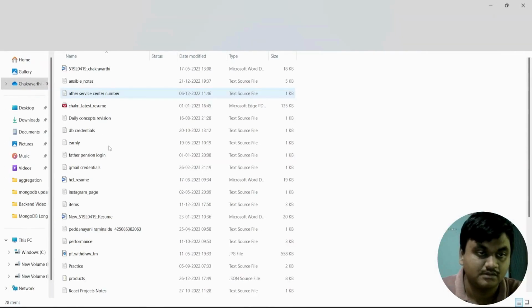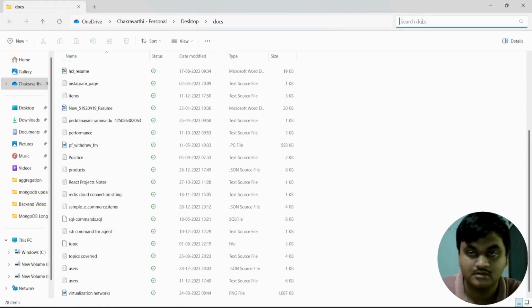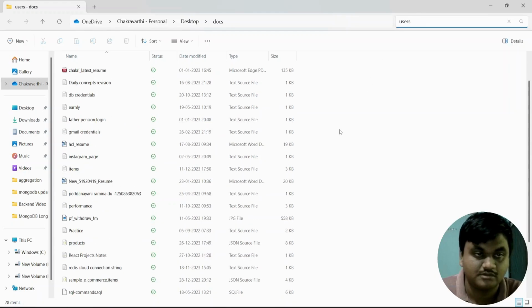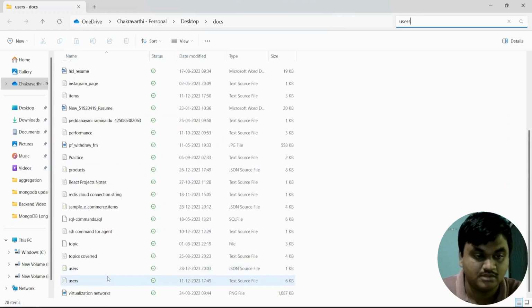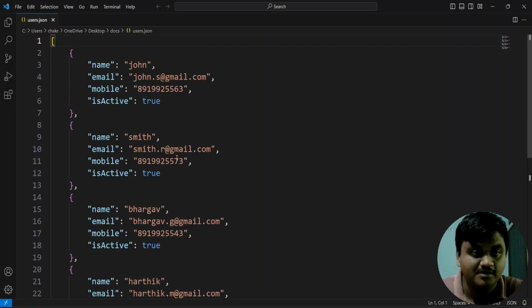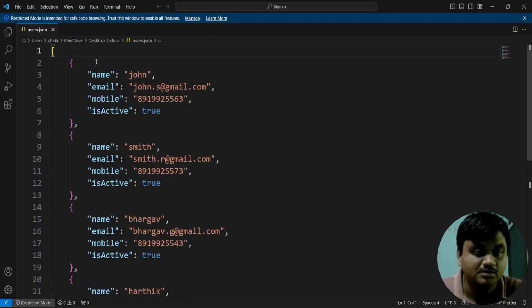Stocks, users, users docs is there. See, if you click on this users, that means some data I have available. I will import this document